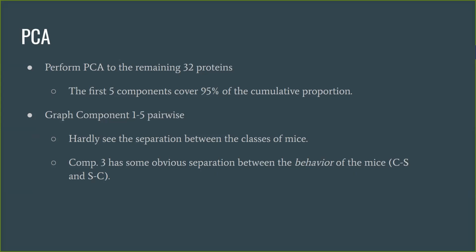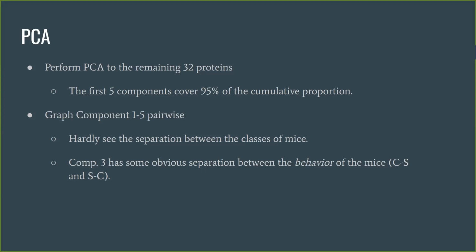So we graph components 1 to 5 pairwise, and at first we see whether the classes, which are 8 classes, can be separated